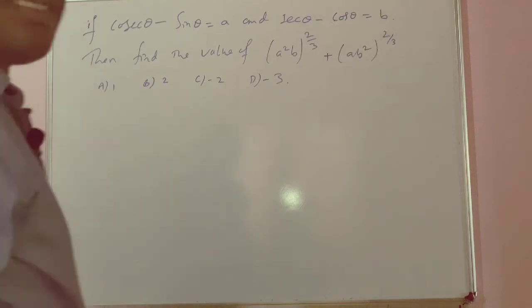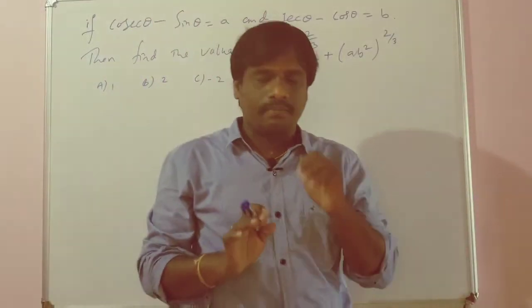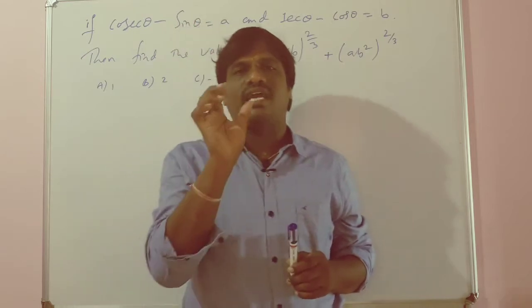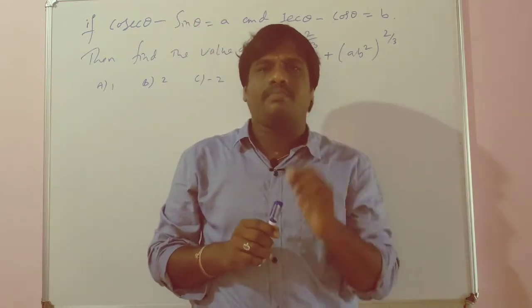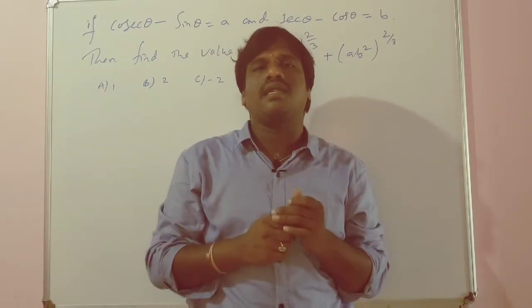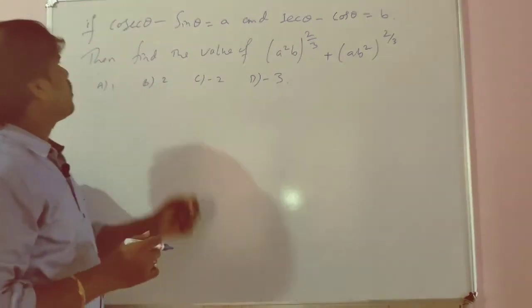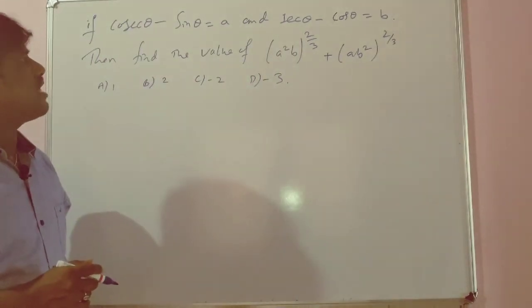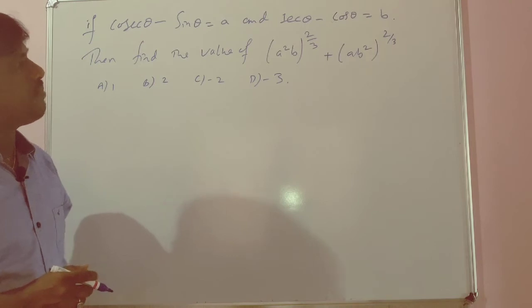Hello students, let us see another question. We are solving the basic problems of trigonometry using the identities, okay? Only basic problems, and we are just using the identities on that. Now see here, cosec theta minus sin theta is equal to A and sec theta minus cos theta is